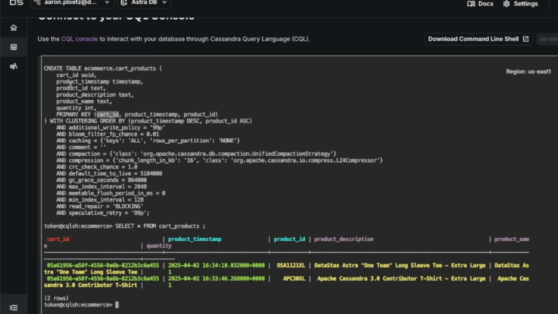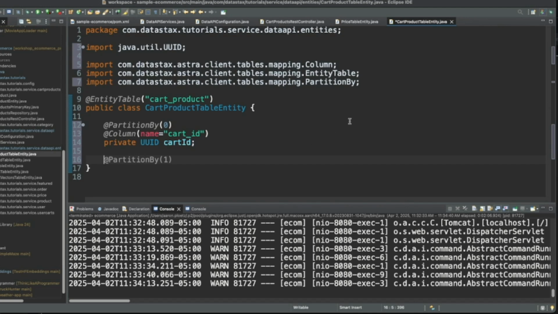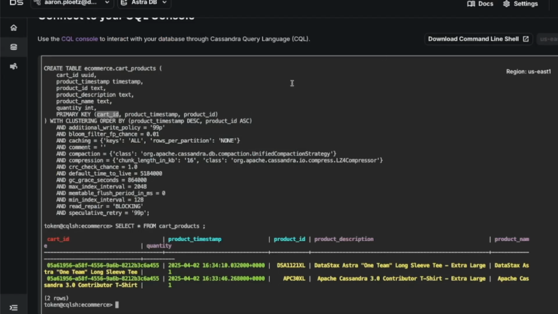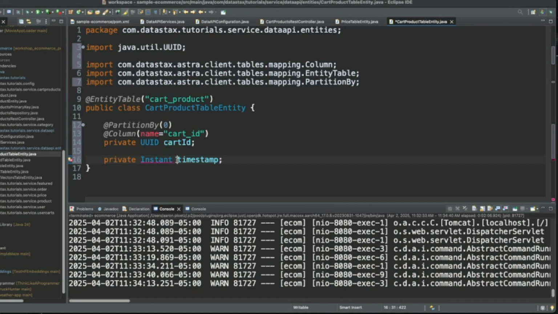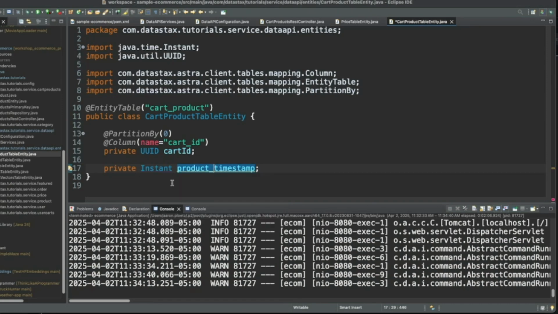Next, we've got product timestamp here. And these days, that's matching up to an instant. So let's go private instant. Oh, you know what? That's going to be product underscore timestamp, right? There we go. Now let's import Instant from the Java time library.